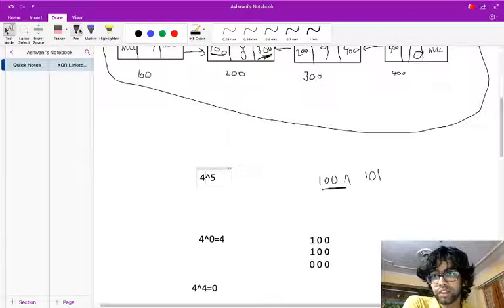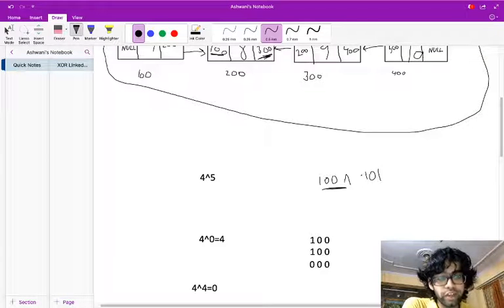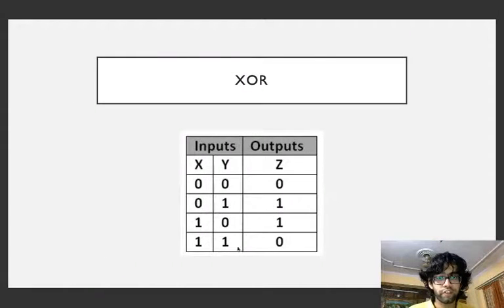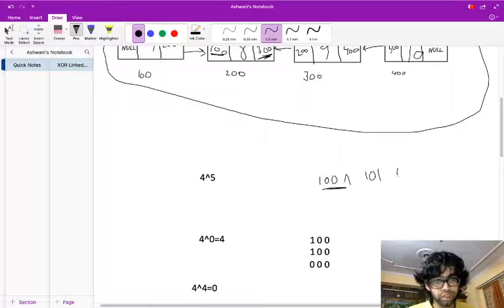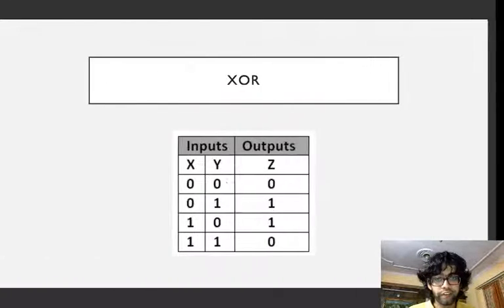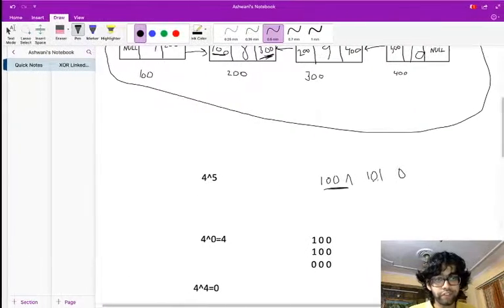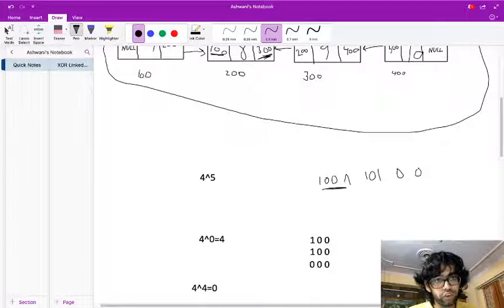So let's convert 4 into binary, that is 100, and 5 will be 101. We will perform XOR on it, and what will be the output? For 1 1, it will give 0. For 0 0, it will again give 0. For 0 1, it will give 1. So this is my output.